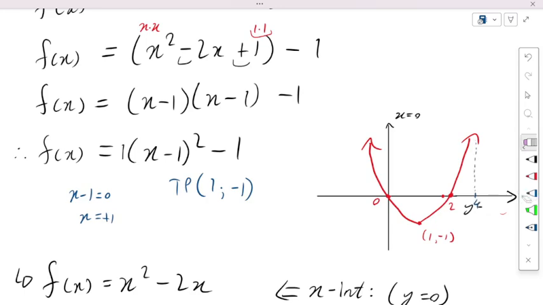Let's say that 4 is somewhere here. So let me make it a little bit neater. So the point 4 lies right here, and the point negative 1 lies somewhere here. Okay. So what we are actually going to do is we need to consider all of the area between the